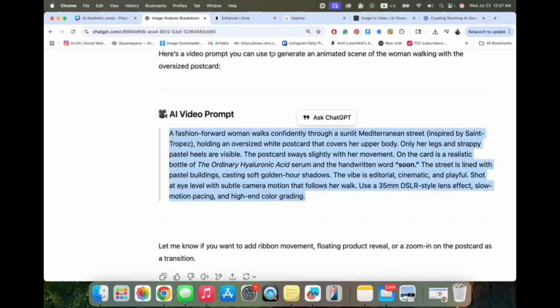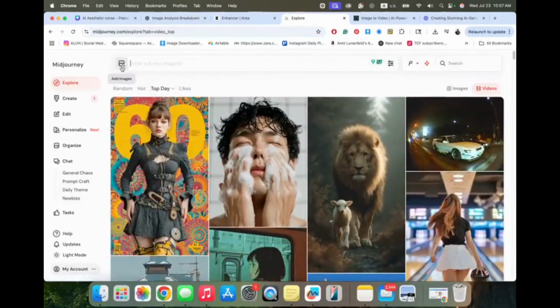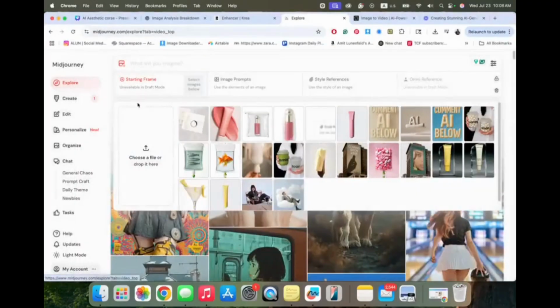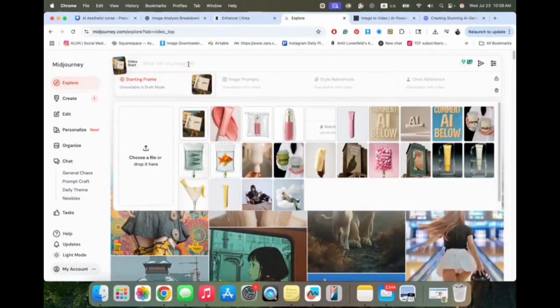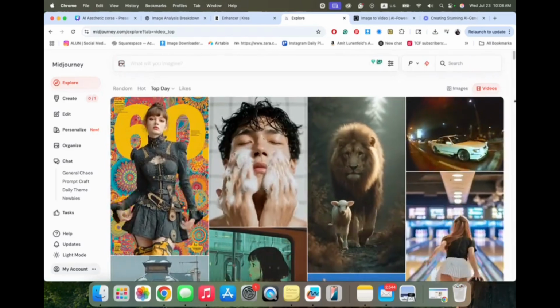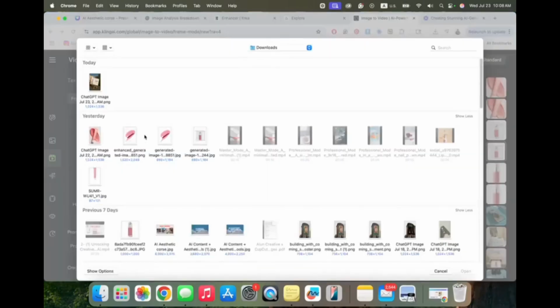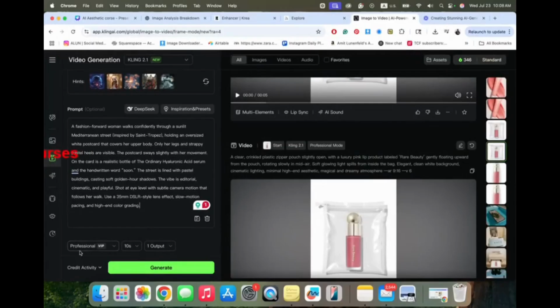Okay, great. So we're going to go in Midjourney. This is Midjourney. We're going to upload our image here. We will take the image in here, write the prompt ChatGPT gave us, and that's it. Now we will try it also in Kling AI. So we're going to do the same thing. Upload the file, the prompt here. Here you can see if you want to do 10-second videos. I'll do 10 seconds. It will be longer for social.